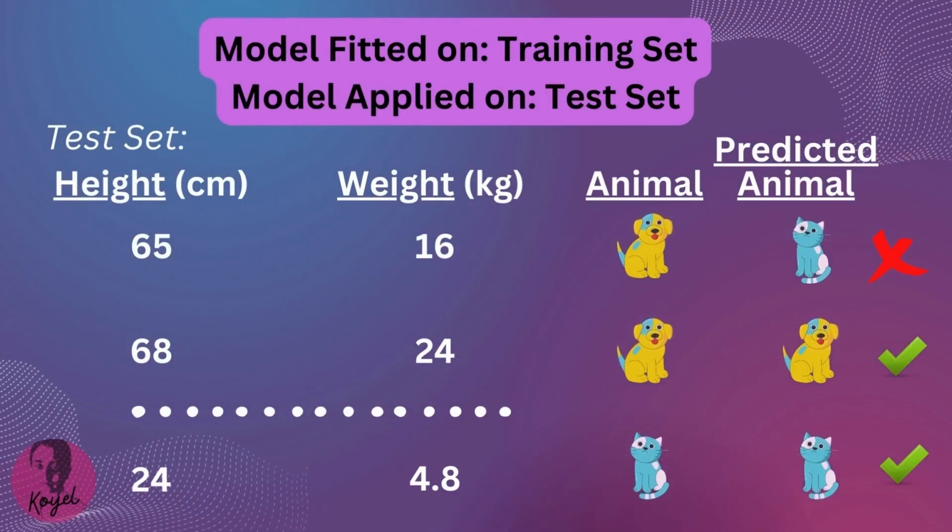Now we are gonna fit the model on the training set. This can be a logistic regression, support vector machine or any other model that falls under the umbrella of supervised machine learning. This fitted model would then be applied on the test set to check how well it performs in providing predictions about the animal class. In ideal conditions, the model would always provide accurate predictions. But in reality, it would occasionally provide inaccurate predictions as well. The frequencies of accurate and inaccurate predictions determine the performance of our chosen model.